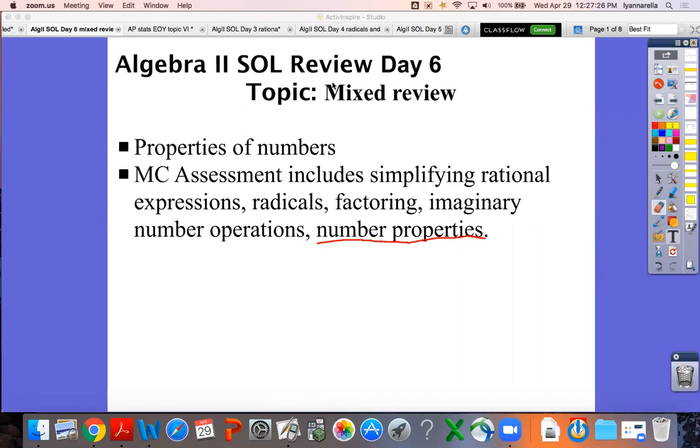Okay, everybody. Today is our day 6 of the days' review. So we're at the end of the third week. We're having a mixed review today. The only thing I'm teaching you today is properties of numbers, but you do have a Mastery Connect assessment, and